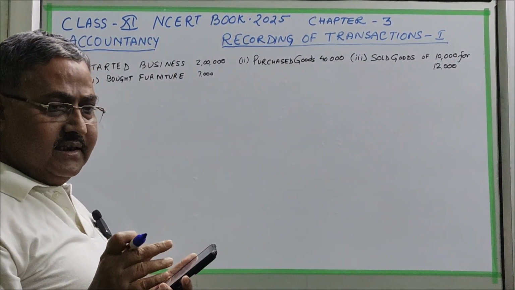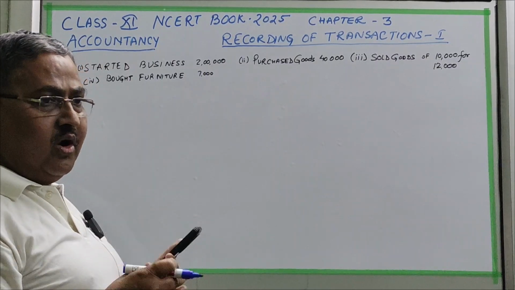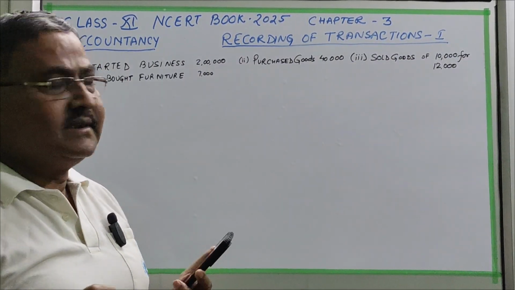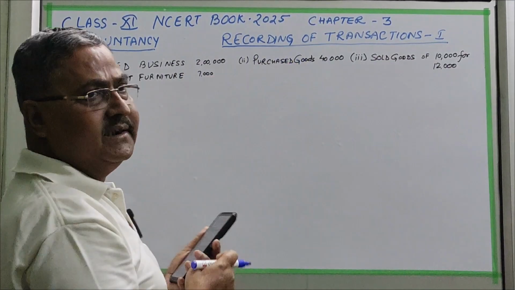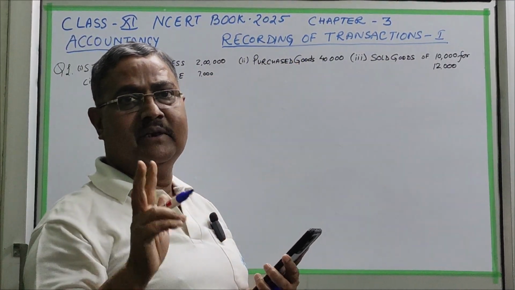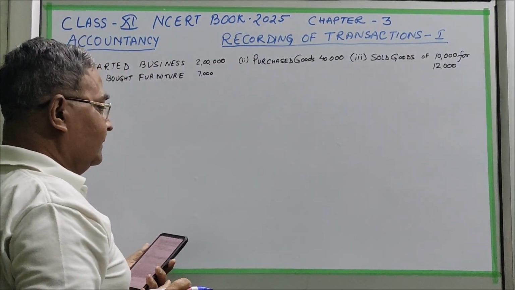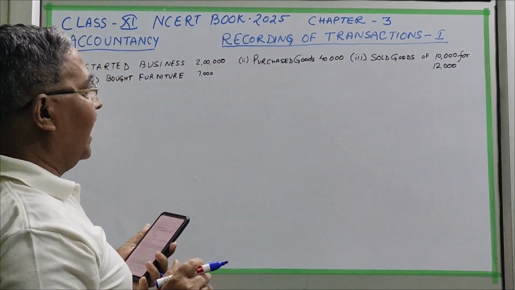We will record on the basis of the double entry system. Double entry system means whatever transaction is taking place, it will be recorded on 2 sides. So for that we will start with